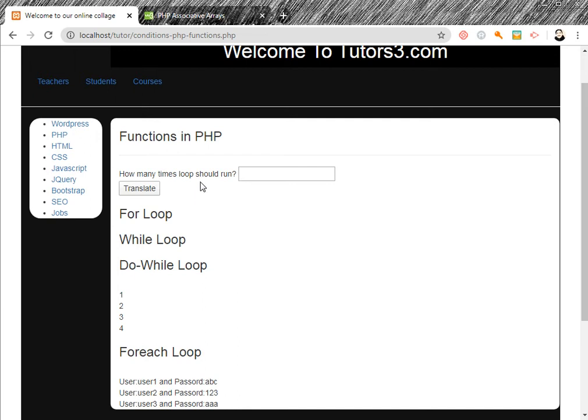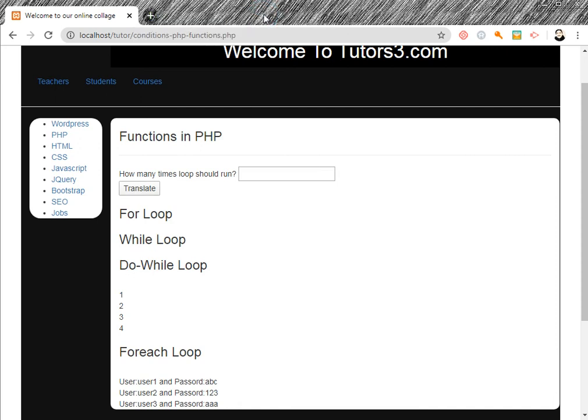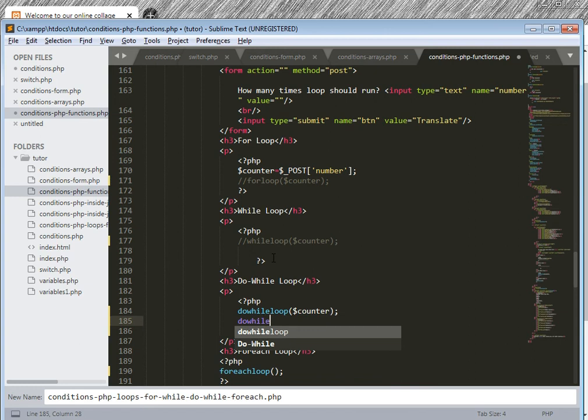We can use the for each loop. For example, I write do while again, do while 2 times, doWhileLoop again, and the counter.